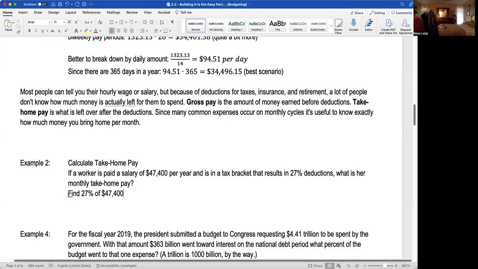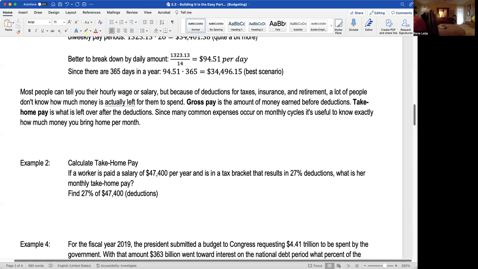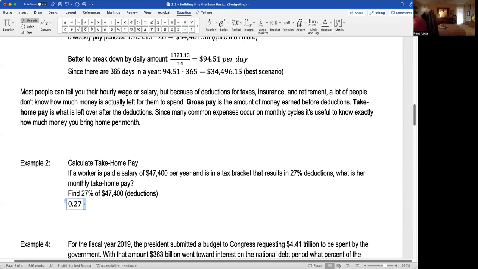Okay, so this is going to be the deductions. Okay, so let's do this. All right, so we're going to take 0.27 times the 47,400, and that's going to equal 0.27 times 47,400. That's going to equal